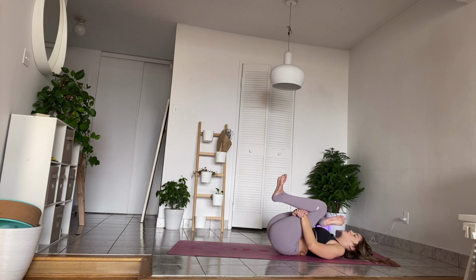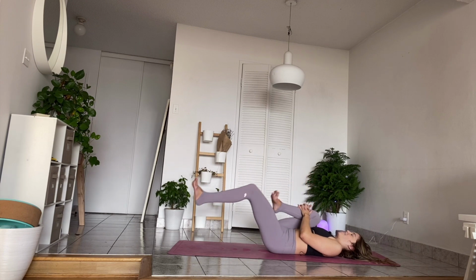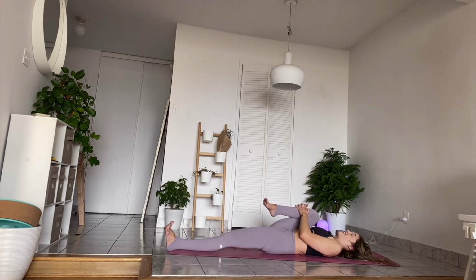On your next inhalation, clasping your hands around that right leg, straightening your left leg in front of you, bringing that right thigh kind of as close to your armpit as you can. Maybe you want to take some circles with your right ankle. Kind of take some side